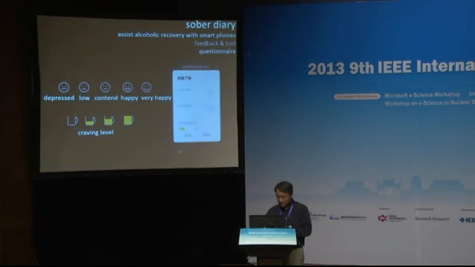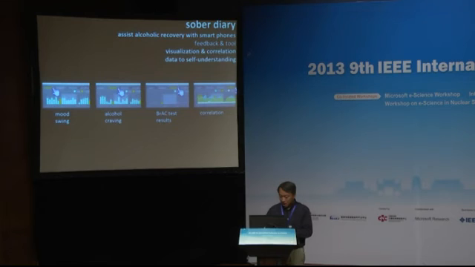Okay, so the next interface, and so this is a small questionnaire we ask the user to fill out. And these are the visualizations, okay? So the user can kind of see his mood swing over a week or a month, his alcohol craving levels, and the test results.